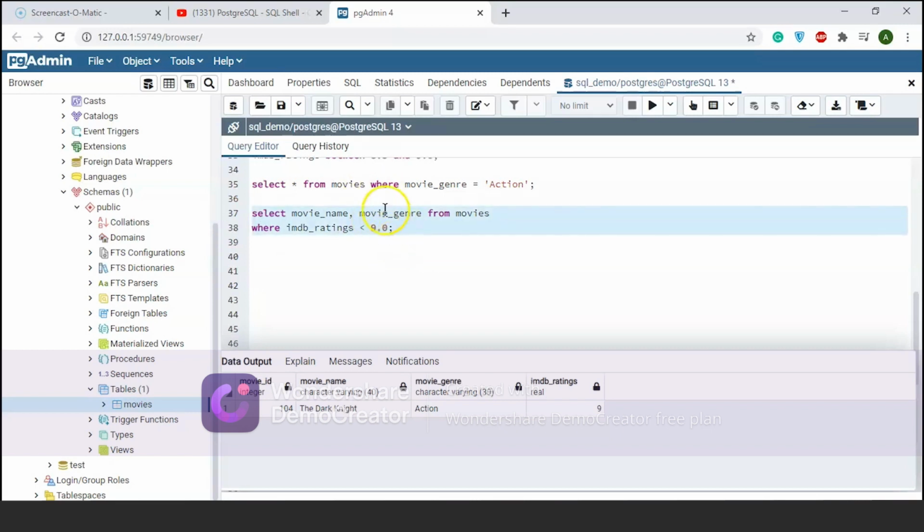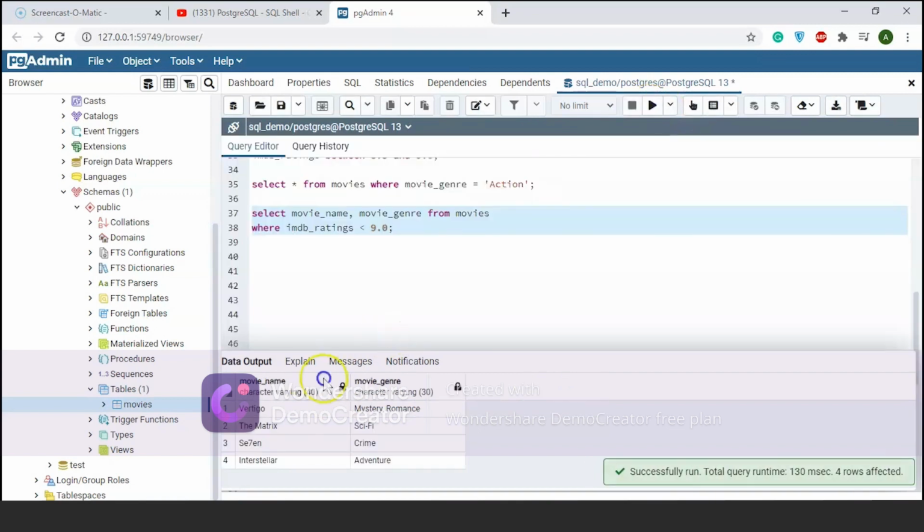So this time in our result it will only show two columns, that is movie name and movie genre. Let me run it. There you go. So these are the movie names and the movie genres you can see that have an IMDb rating less than